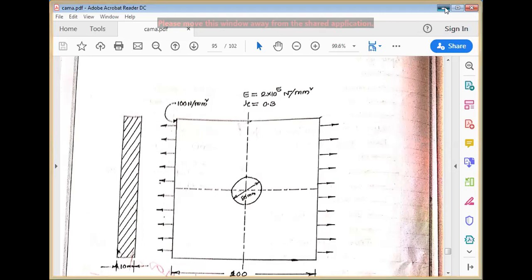Choose the preference as structural, say OK, preprocessor.